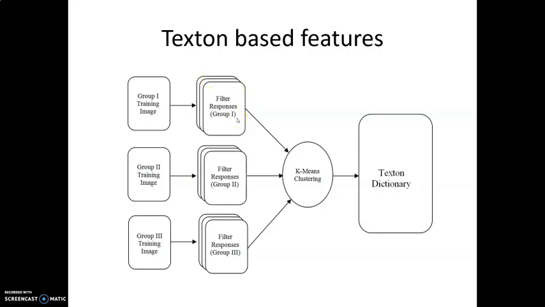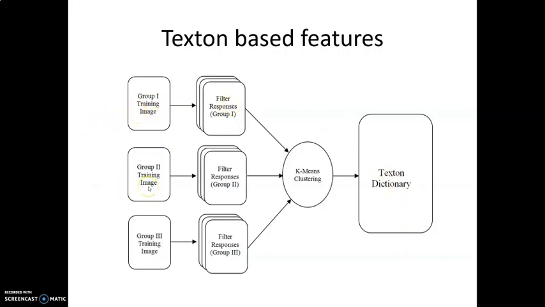So let's say that we have filters similar to the filters that were used in the edge histogram based descriptors: 5 different types of filters. Those are the filters that we have. We filter these training images with these 5 different filters, and these are the responses. This is the response for the first filter, this is the response for the second filter, this is the response for the third filter, fourth and fifth. We are calling it the training image because based upon this training image we are generating a dictionary. That's why we are calling it the training image.